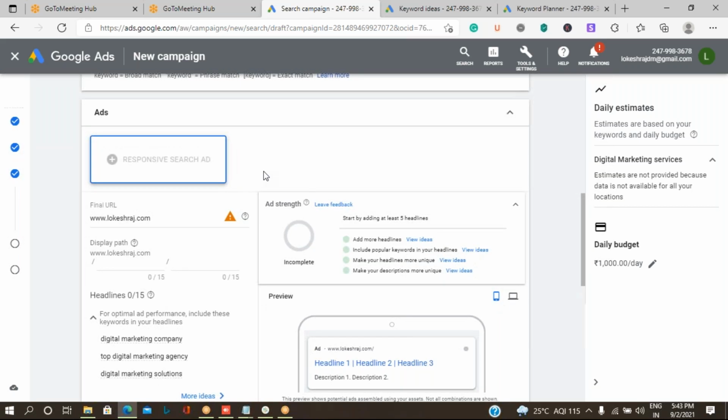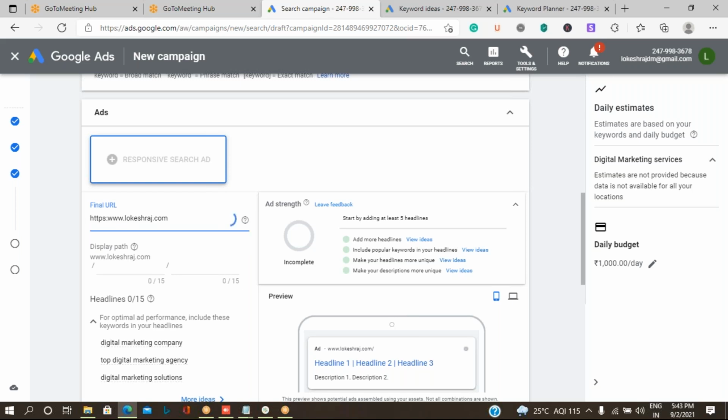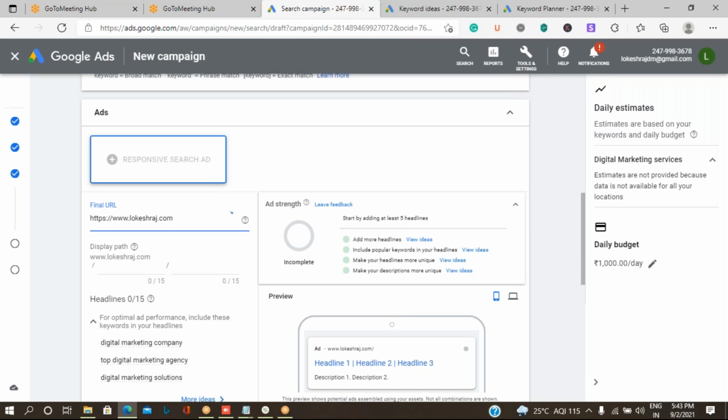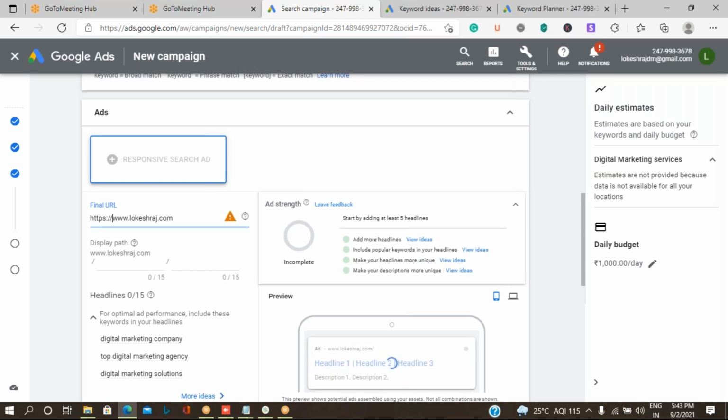How your ads have to be shown on the Google search engine, that we are going to create over here. First and foremost, give the website address which is working.